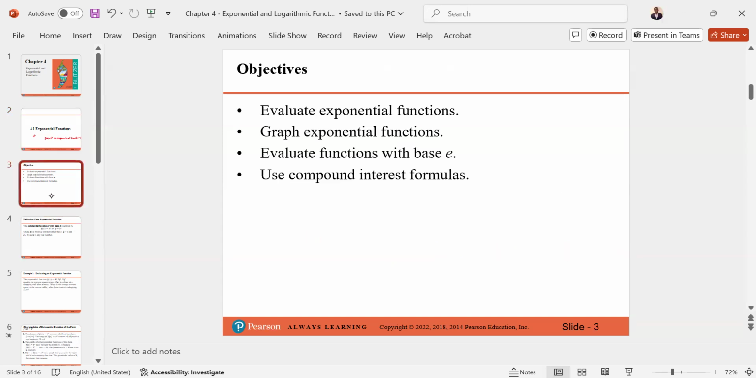So our objective here is really to try to evaluate exponential functions. That's the first place we're going to start. We're going to evaluate exponential functions, we're going to graph exponential functions, and we're going to evaluate functions with base e and use the compound interest formula. So those are all things we're going to see right after. But before we begin, let's start